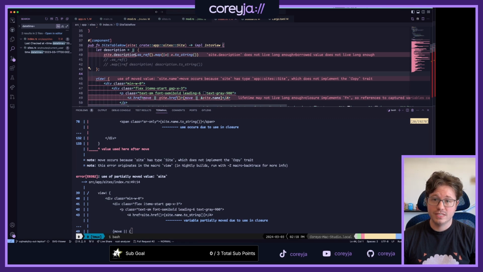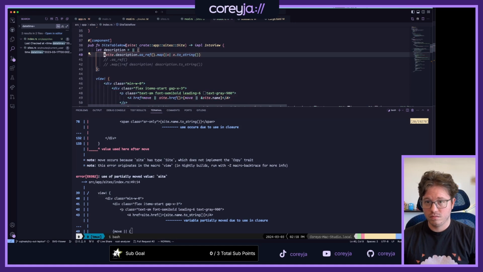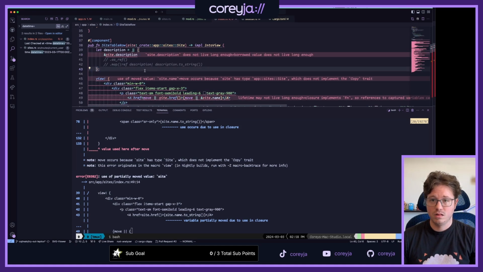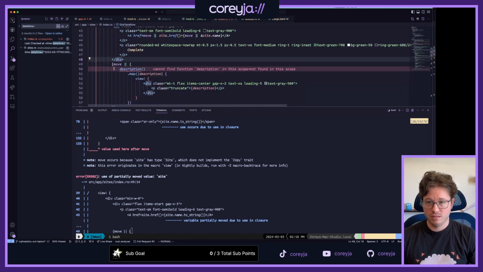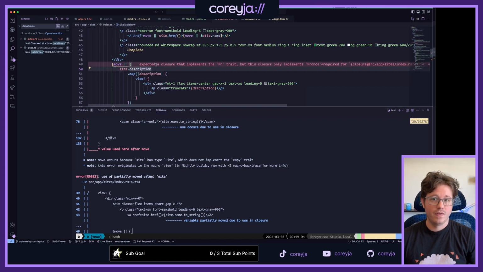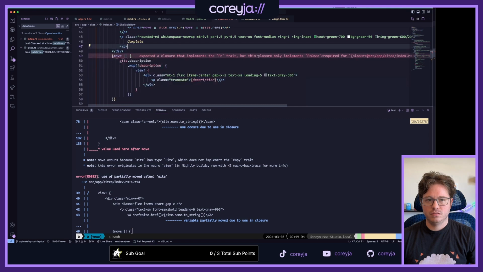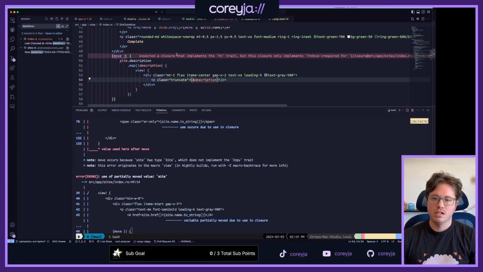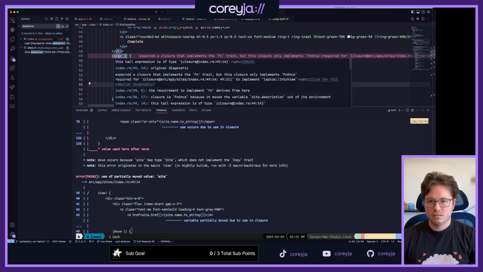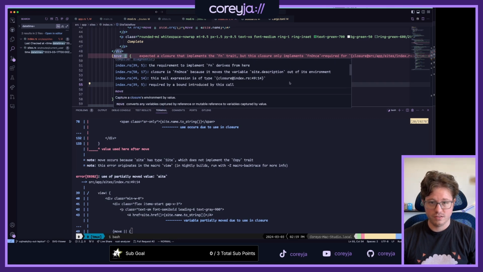Yeah, because we have to be able to reference it to map it. Site.description. Expected closure implements Fn. This implements FnOnce, required for that to implement that.